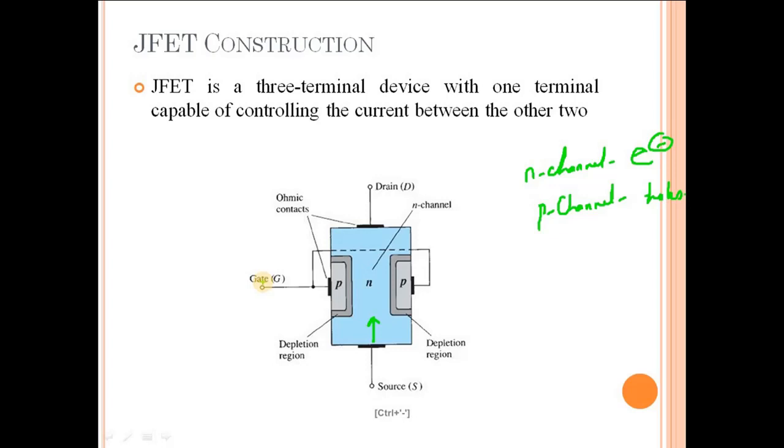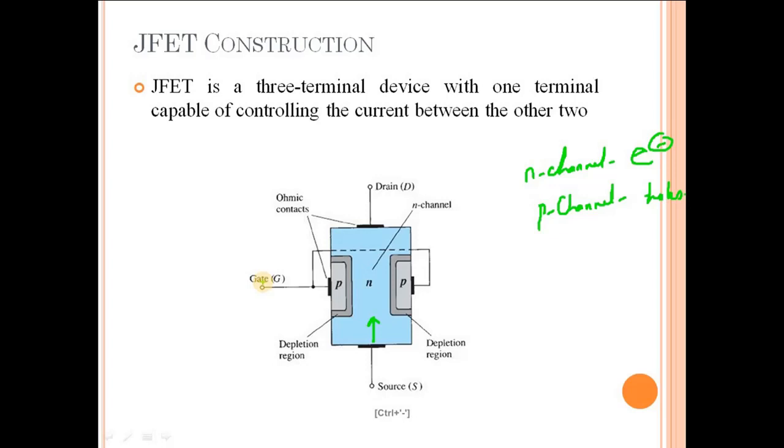So the source is a point from which the charge carriers will move towards the drain, and so it sounds very intuitive to name these terminals the way they are defined. We name a terminal source because the charge carriers will move from this point. Then we have a drain terminal, that means whatever is coming from the source will move towards the drain.